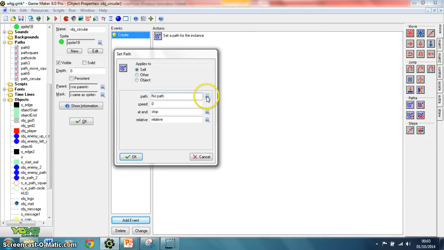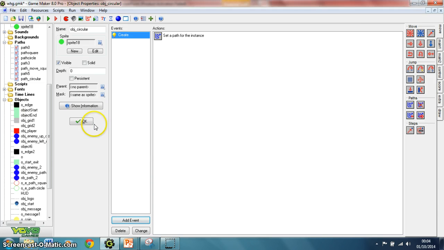So the path that we're going to be looking for is the path circular. So give it a speed, let's say 2. At the end we want it to continue from the start, and we want this to be an absolute path. So we click OK,